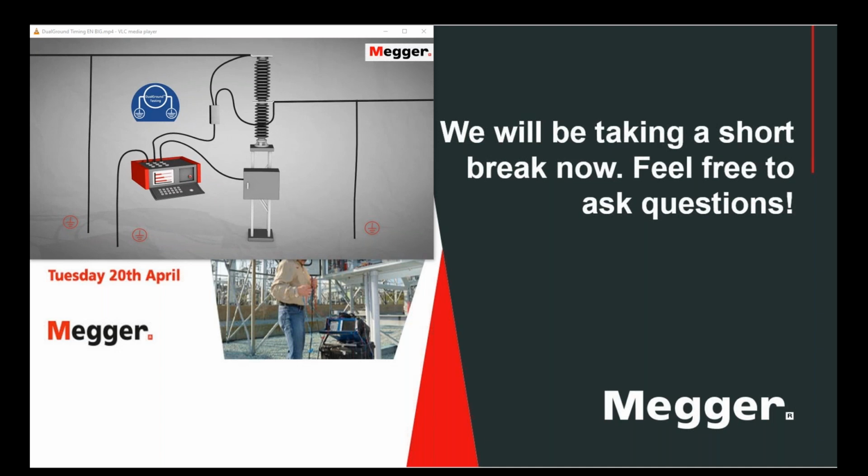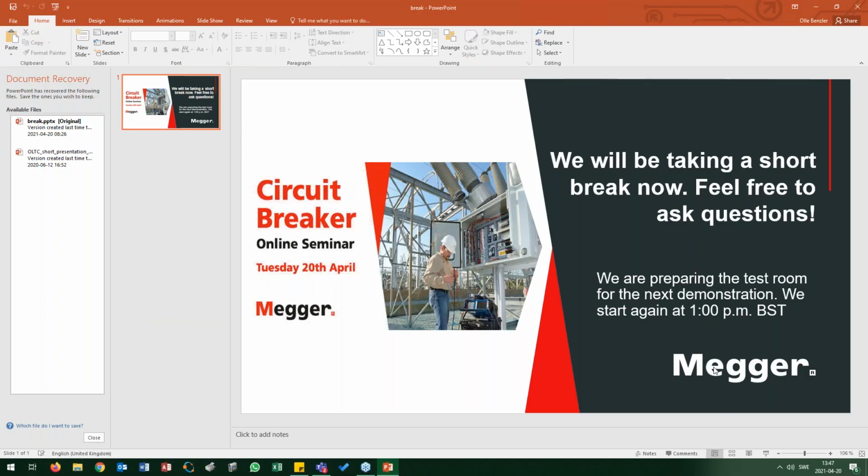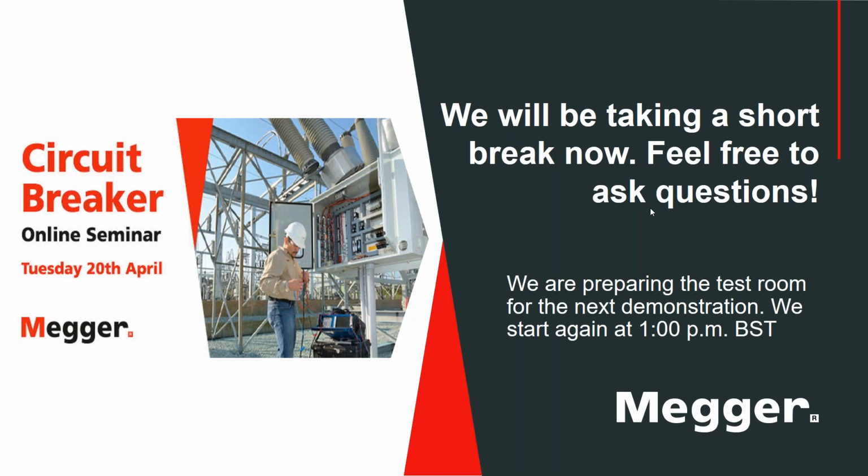Conventional timing methods would require one ground cable to be removed before measuring, which is time-consuming and moreover increases safety risk. When the measurements are done, the ground cable has to be attached again before the measurement cables can be removed. With Megger's dual ground method, the circuit breaker can be timed without removing the ground, which makes the test